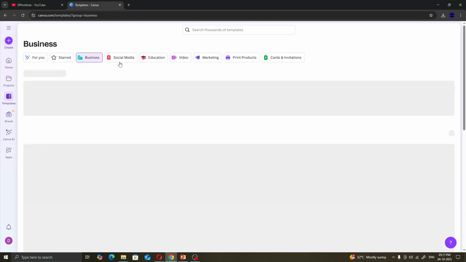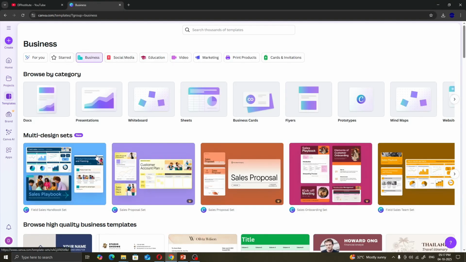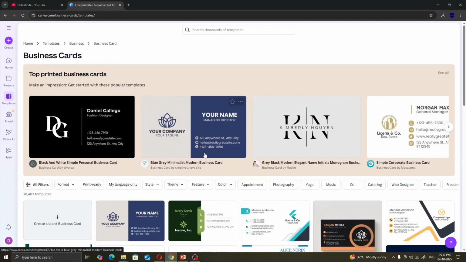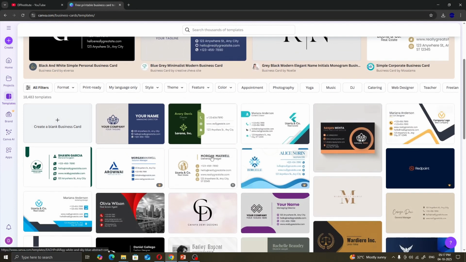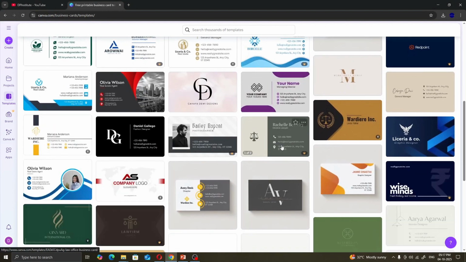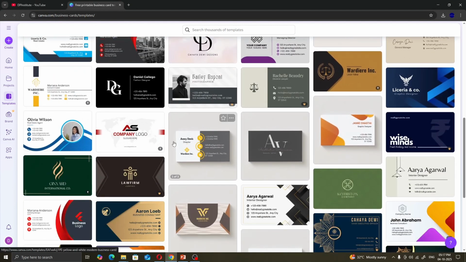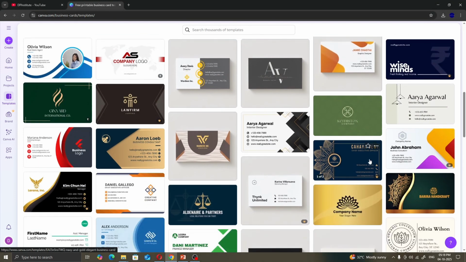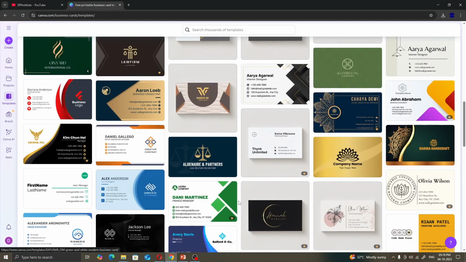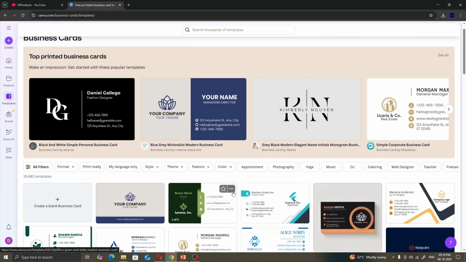In this business section, you're gonna find all the business related templates over here, like documentation, presentation. You can subcategorize these. For example, I need to make a presentation, then I want to select this, or I need to make some business cards, then I'm going to select this. And now all the prefabricated templates related to business cards have appeared over here. Now if I want to choose one, I can choose anyone from over here, or I can make my own